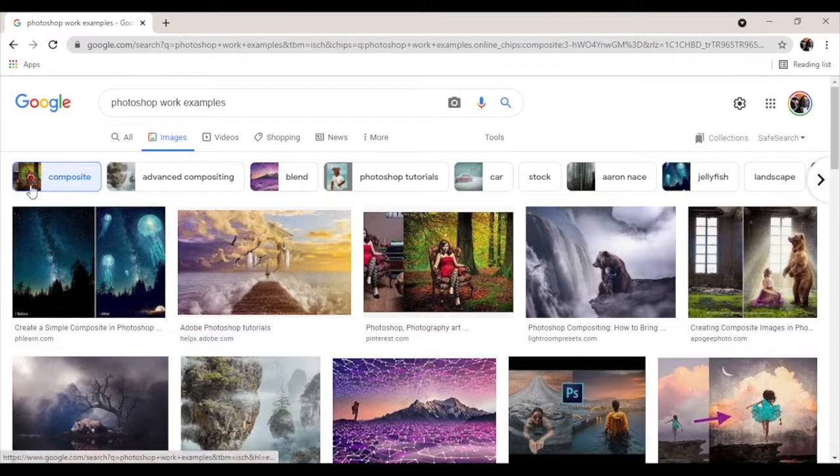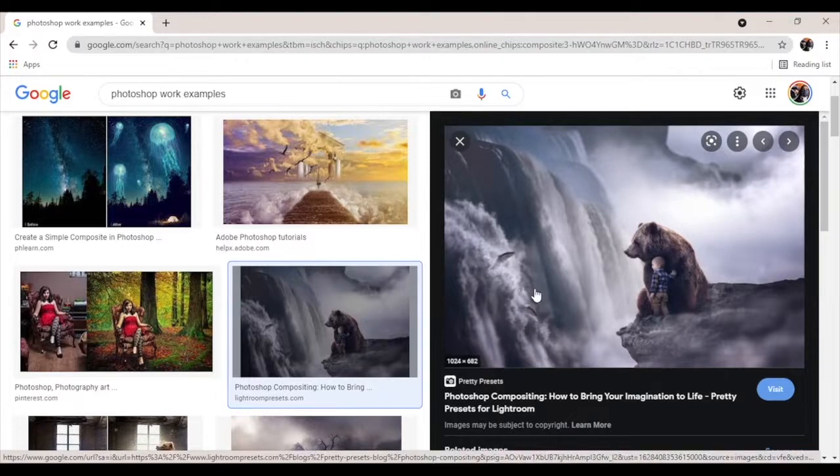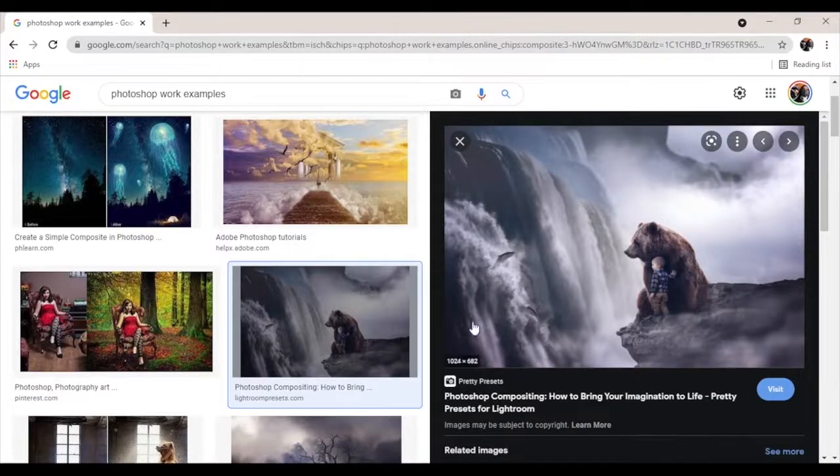So now that we're in the composites tab, we can see all of these things. Each of these images is made of so many layers and so many adjustments. It might look like it took maybe a paintbrush and some colors, but these are actually different images combined with adjustments to make it look like a natural, realistic image.